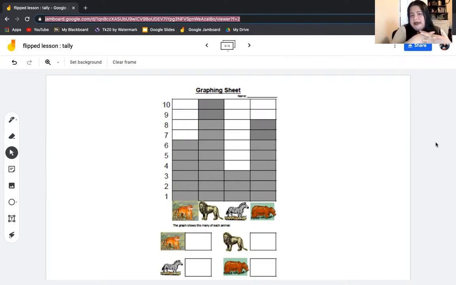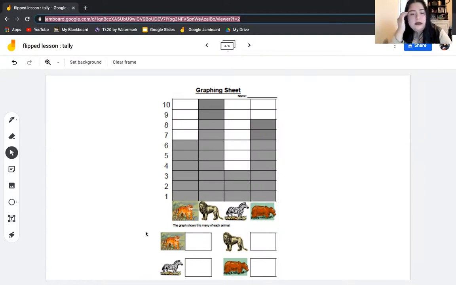You could name it class favorite animals. You can name it animals I saw at the zoo. There's no right or wrong answer for that one. You can really name it a lot of different ones. Animals that live in Africa, I think is